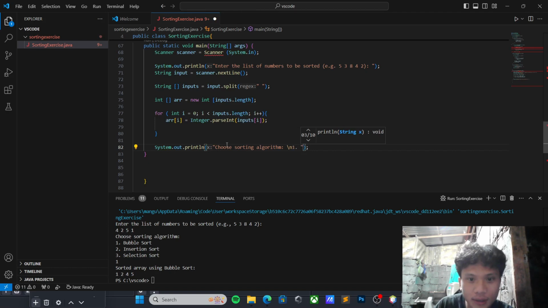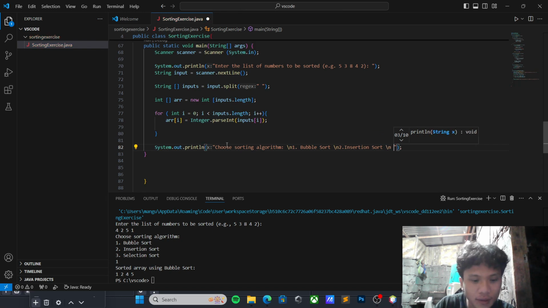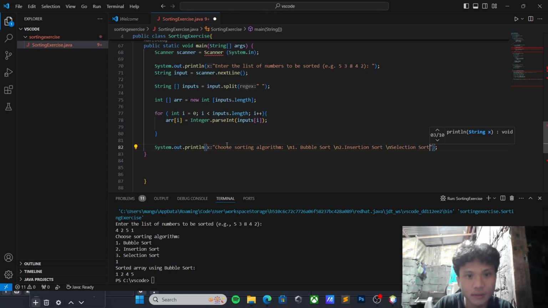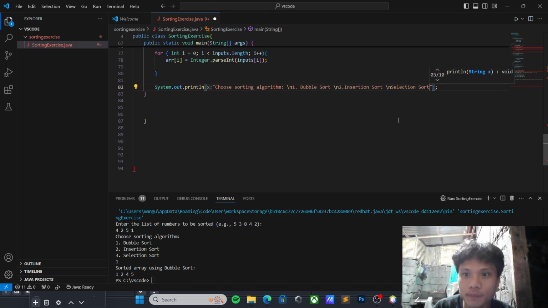Then one is the bubble sort, then another next line for insertion sort, and lastly the selection sort. So that's it.